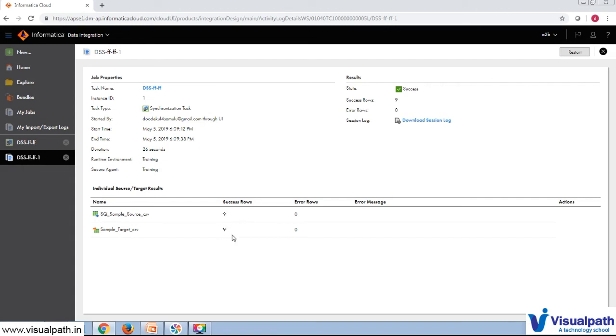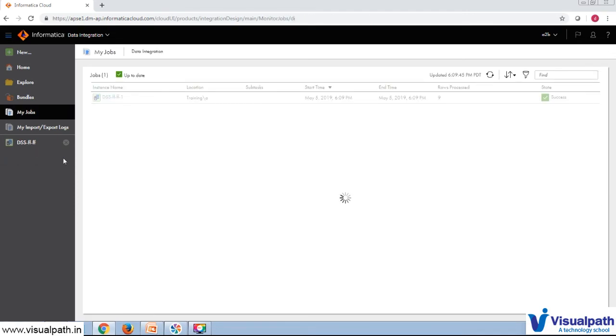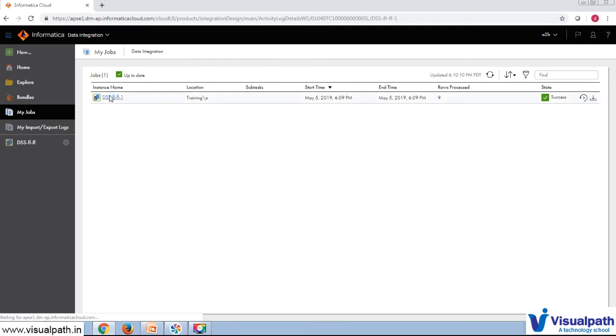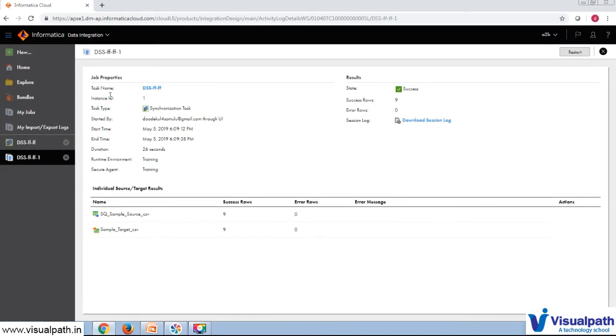So for example, if you run the job 100 times, it will create instance number 1, 2, 3, 4, 5, 6, something like that up to 100. If you want to check the statistics of a particular instance, you just need to go to that instance and click on it so that it will open the instance statistics.